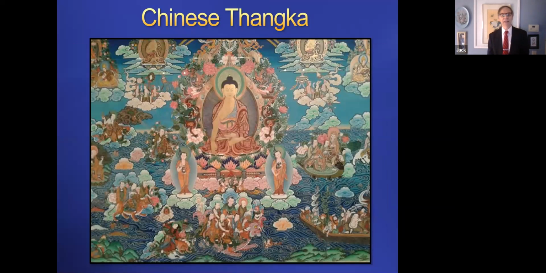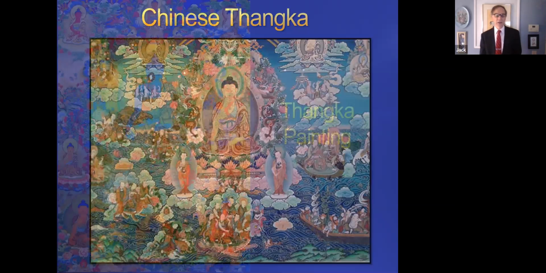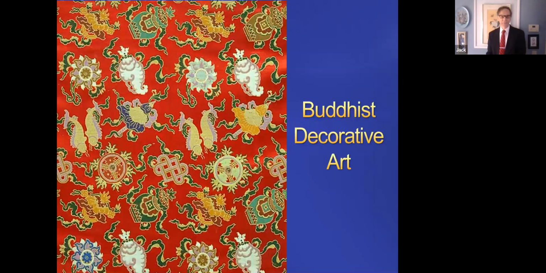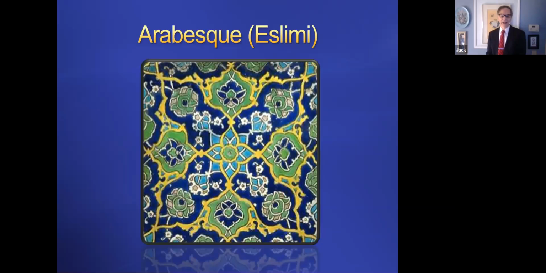The other thing that you'll see in these thangkas is, in addition to the scenes or around the scenes, you'll see quite a bit of decorative art. Like if you look up in this current order that's circled here. And that's very interesting, because if you look at Buddhist decorative art, it is quite involved. Here's traditional Buddhist decorative art. Now, we have spoken about decorative art in another class, and we talked quite a bit about Islamic decorative art that we call Arabesque, and they call Islami, excuse me.